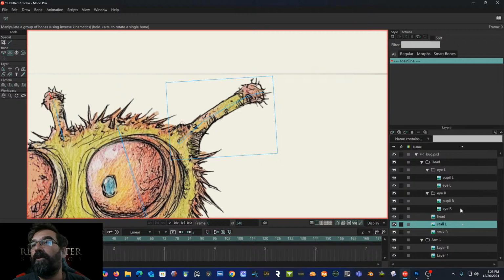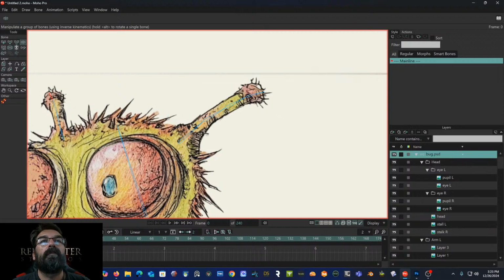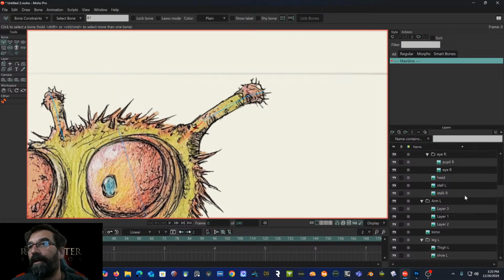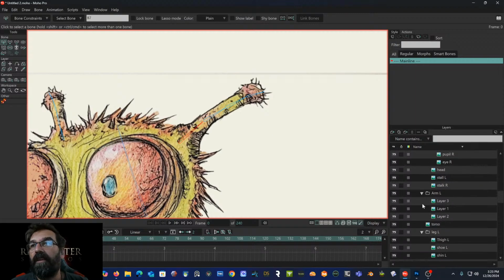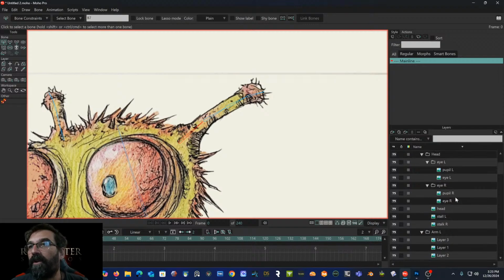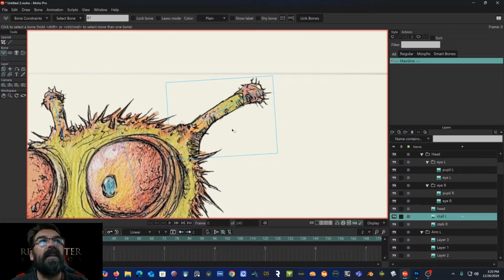I'm on frame 0. I'm here. Okay, I am confusing myself. It's just what I do best. And with that, now what I'm going to try and do, it may not let me because of the way the folders are set up, but I'm going to check on that. With my eye stalk left selected,